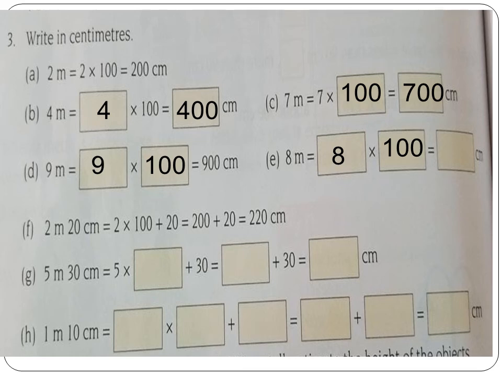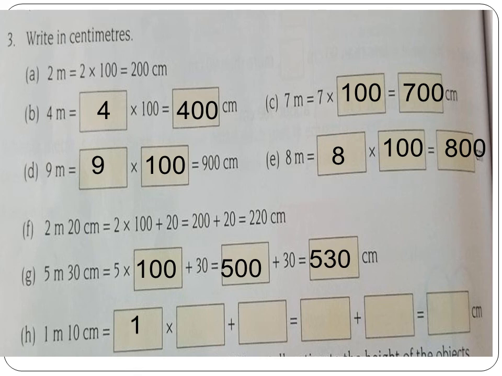Here you can see slight changes there. It is 2 meter 20 centimeter. You have to convert into centimeter. So what is done here? 2 into 100 gives you 200. You have to add plus 20 gives you 220 centimeter. So what is the answer here? 5 meter is equal to 500 centimeter. Plus you have to add 30 centimeter, which gives you 530 centimeter.